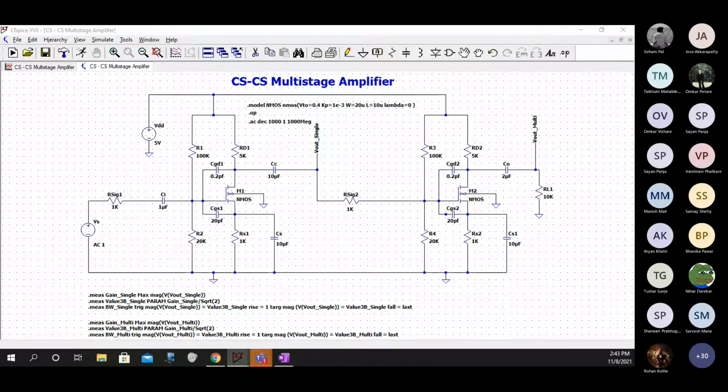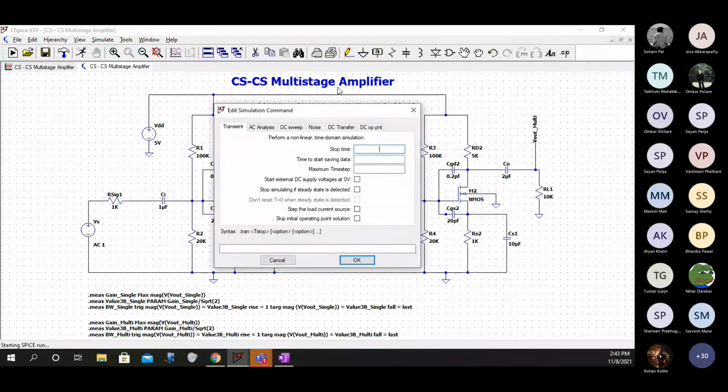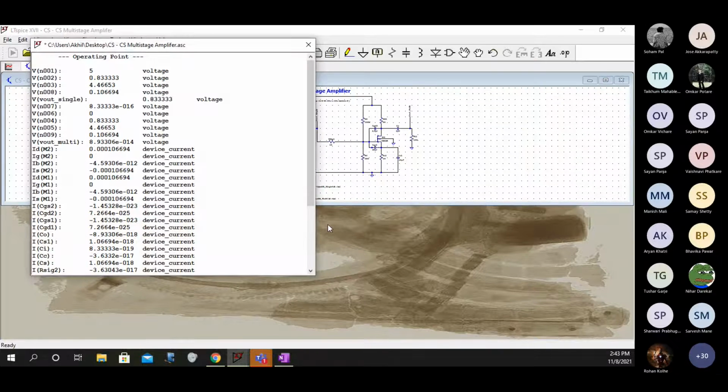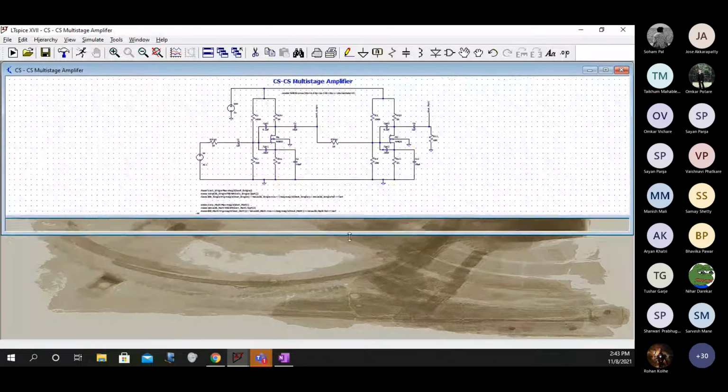So that is the .op command with the .ac command, using the .op command and the .ac command together. .op gives me the DC operating points, .ac gives me the AC values. Now there will be a question for you. I am removing this. If I try to simulate, the command prompt will ask me which one I want. So first I will write .op, okay, and I'll get this. I'll close this.